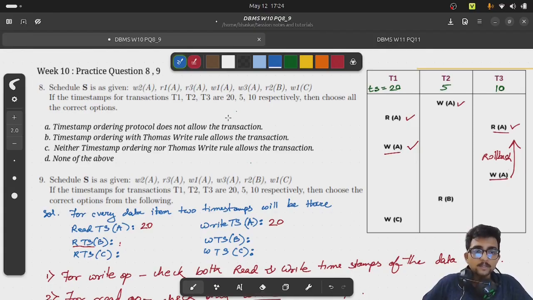Does not allow the... not okay, no, that's correct actually. That does not allow the transaction only, because T3 is the transaction which is not allowed to proceed. So yes, this is correct, and this transaction is basically T3. So out of these three, T3 will not be allowed, and it will be rolled back, and then again it